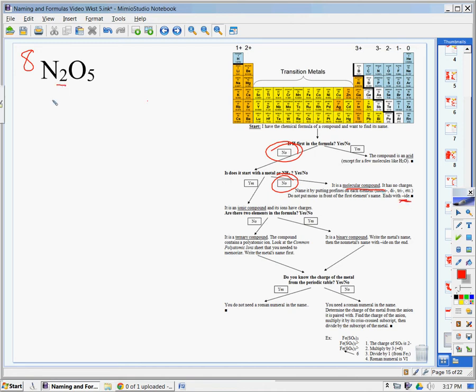So the prefix for 2 is di. And the prefix for 5 is penta. And then we need ide on the end. Remember, no crisscrossing for molecules. This is a molecule. So this is dinitrogen